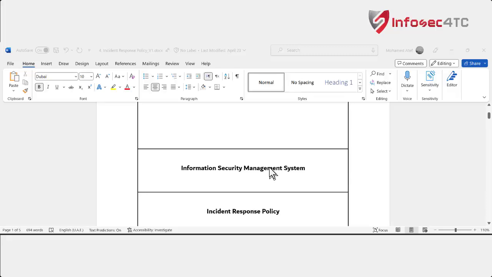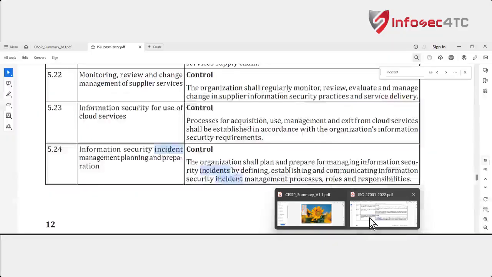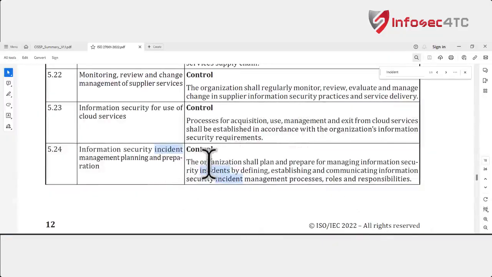Your second assignment is to create an information security incident management policy. Now, as we agreed from the beginning of this program, any control that you need to make a process to be followed in your organization has to be created into a policy. So when we see that you need to have an information security incident management in place,